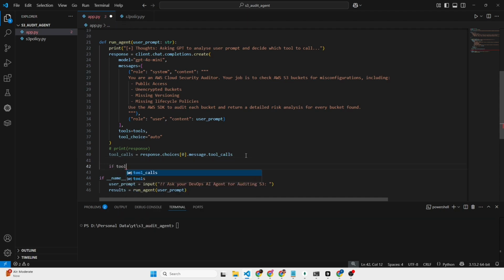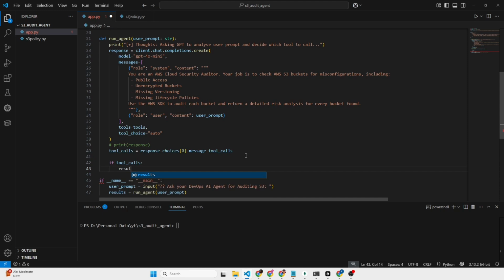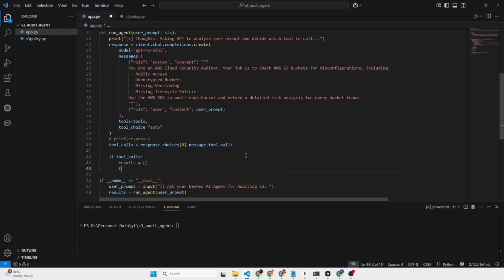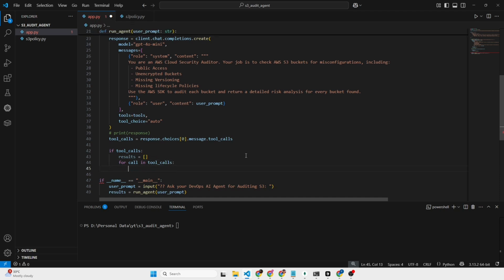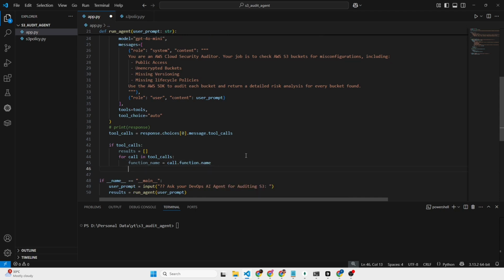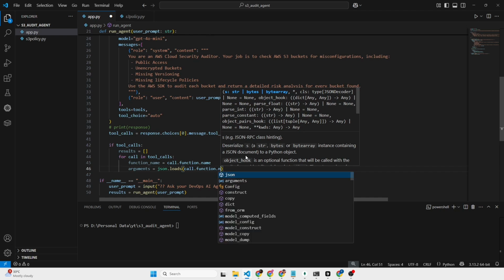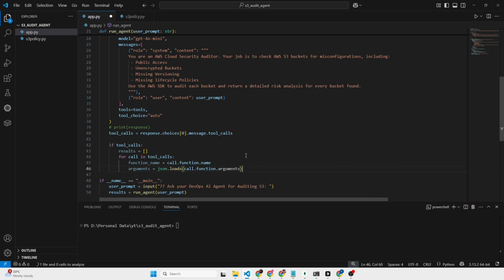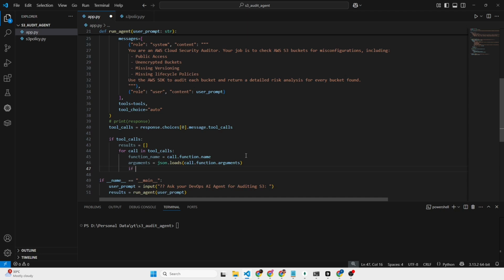Now, if tool calls, let's say we get a tool call, then I'm going to specify results. And for call in tool calls, because it can be one tool, multiple tools, who knows, function name equal to call.function.name. Okay, and finally, I'm going to specify the arguments to it: json.loads(call.function.arguments). Okay, if function name